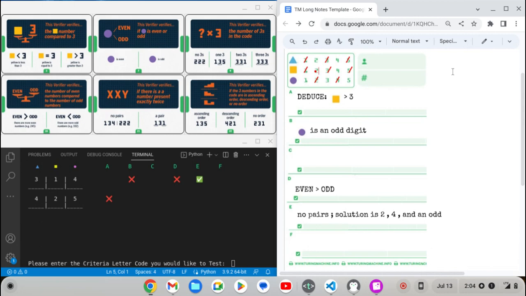Oh, that's interesting. I don't know what I typed. I think I may have typed a period instead of the slash. Okay, and so it is 4, and of course then that means that triangle cannot be 4 since there are no pairs. And so far we have the solution of 2, 4, and